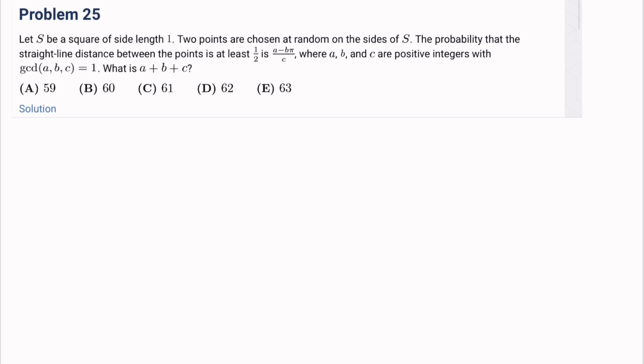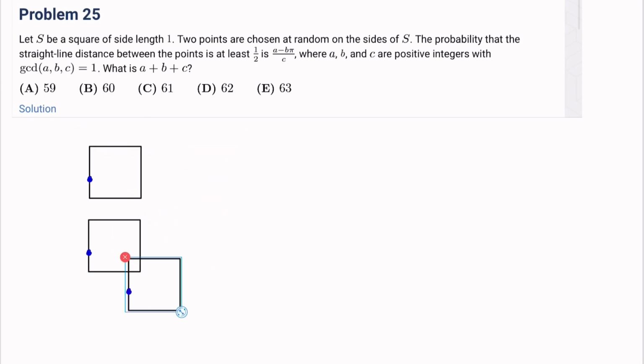Okay, so we have a square of side length 1. That will be S. And 2 points are chosen at random. Since we're choosing 2 points on a square, it doesn't matter where one of the points is. So we can fix one of the points to one side of S, right? And the other point can go here, or here, or here, right? And so we can divide this into 3 possibilities, right? So if we make 2 more copies of this, one like that and one like that,